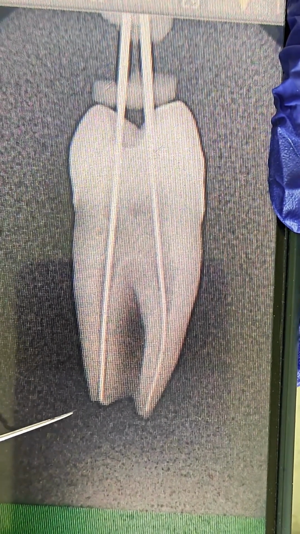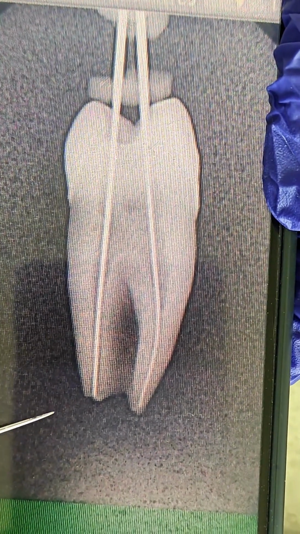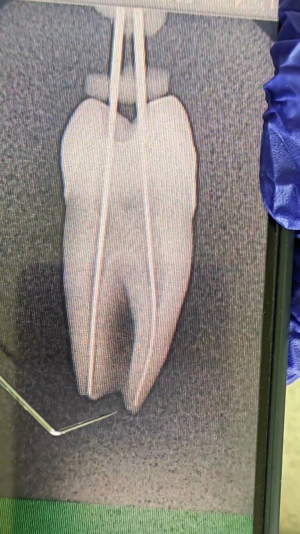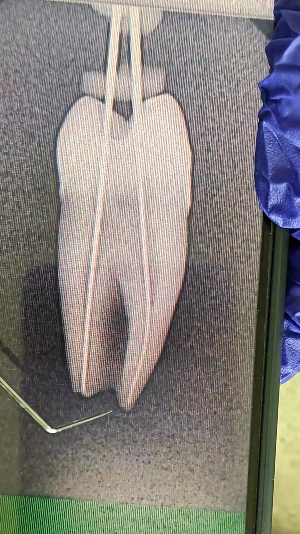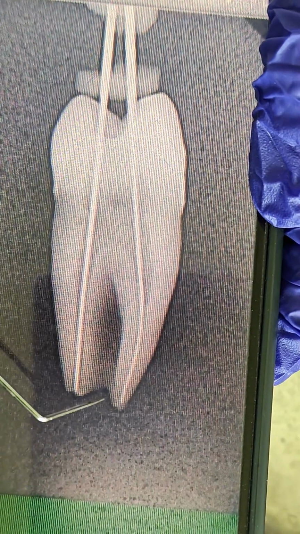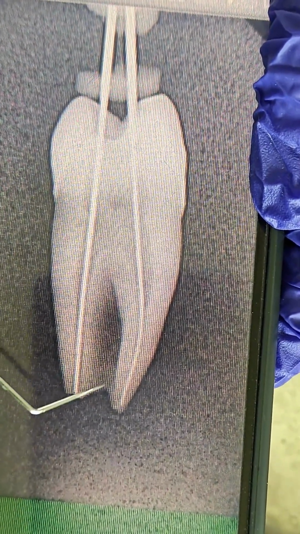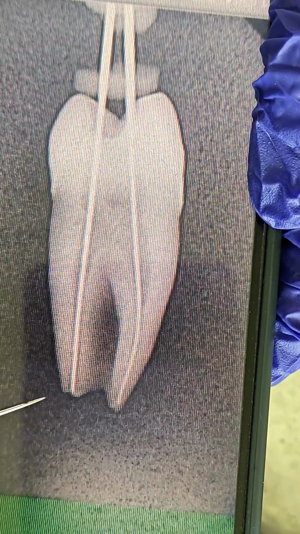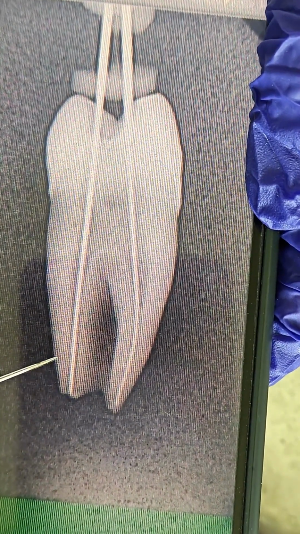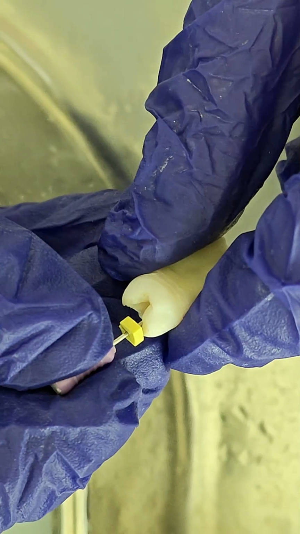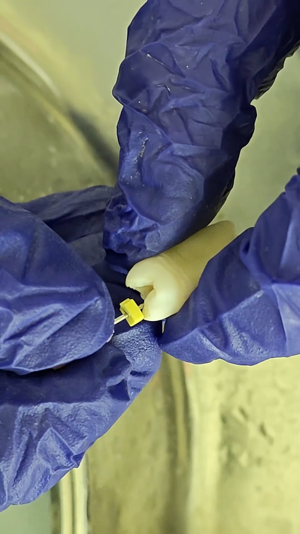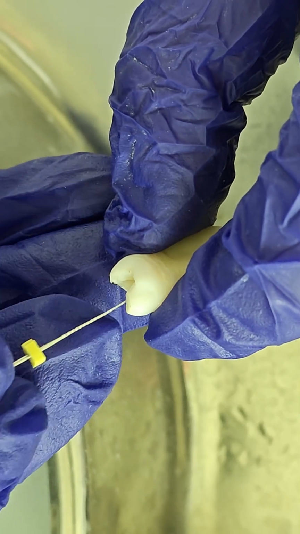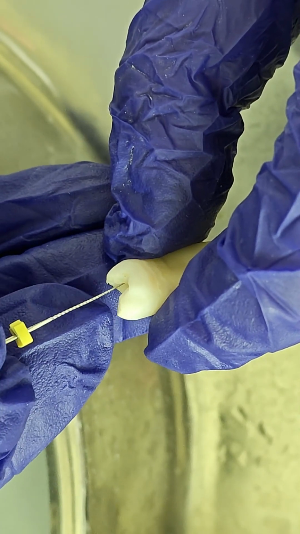So now this is the radiograph of the working length determination we have taken. And you see here the apex, it is 0.5 to 1 millimeter short of the radiographic apex. And there is no obstruction in achieving the working length, and the file is going in the straight line axis. So once the working length is achieved, we'll start with the biomechanical preparation. So we see here my working length which is achieved for the palatal canal is 20 millimeter and for the buccal canal is 18.5 millimeter.